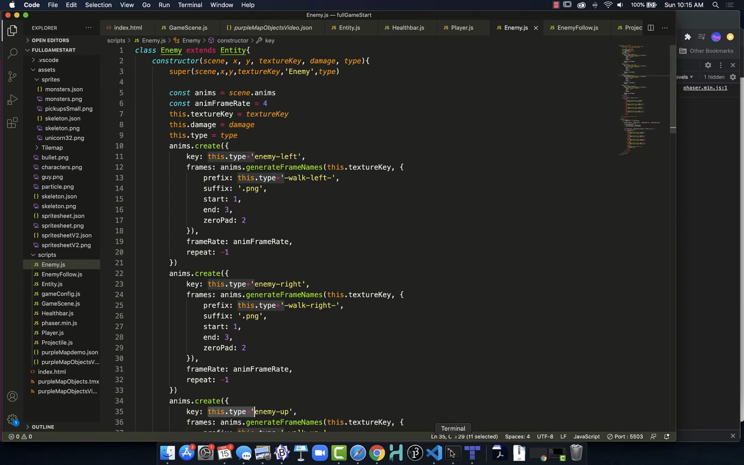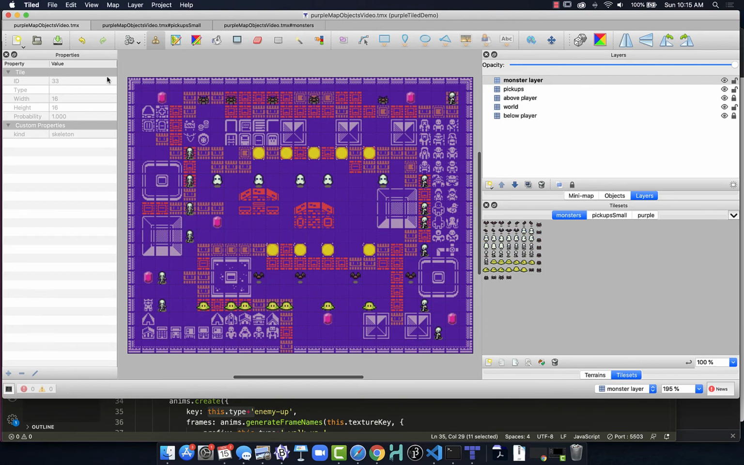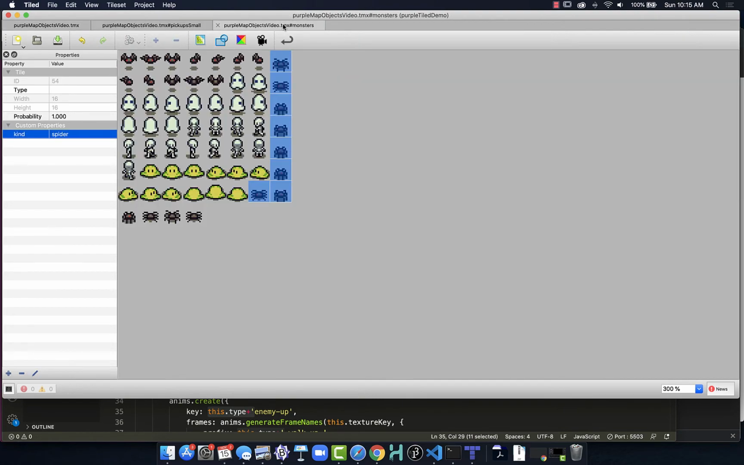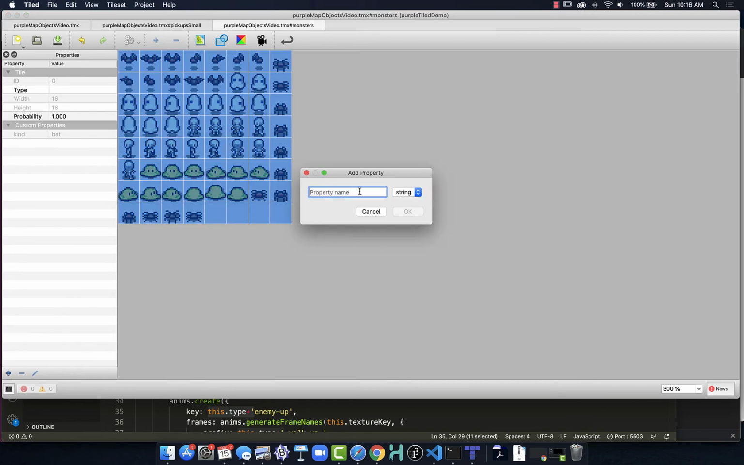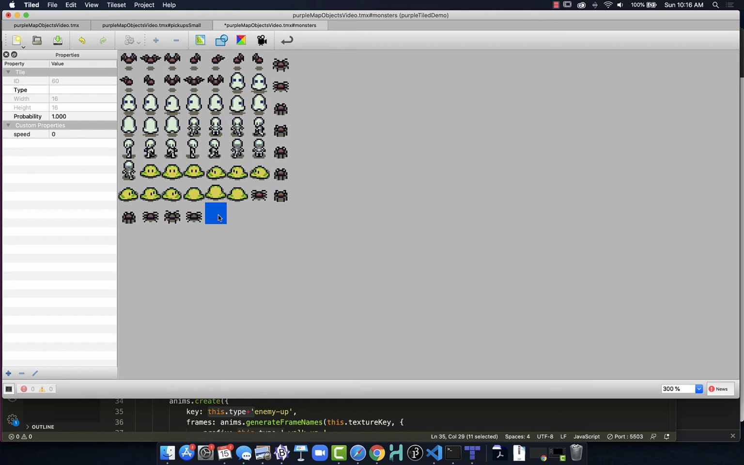So to do this, I'm first going to go back over to Tiled. And while I'm in Tiled, we'll go into our monster sheet here. Okay, and let's select everything, because that way I don't accidentally forget to put it on one of the tiles. So we'll select all of them. We'll put in a speed value for it. Now these tiles here do not need it because they are empty, so we will subtract that